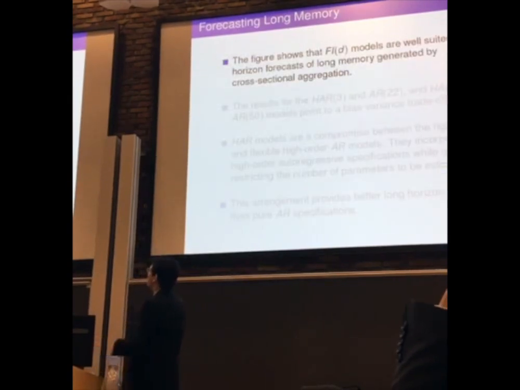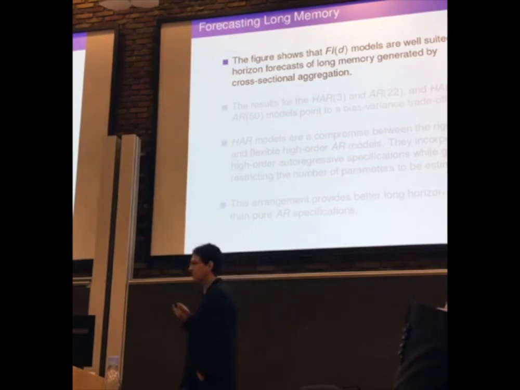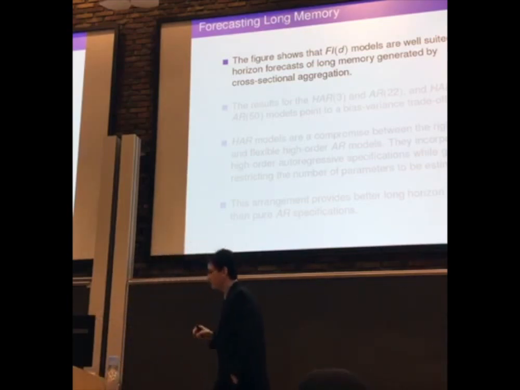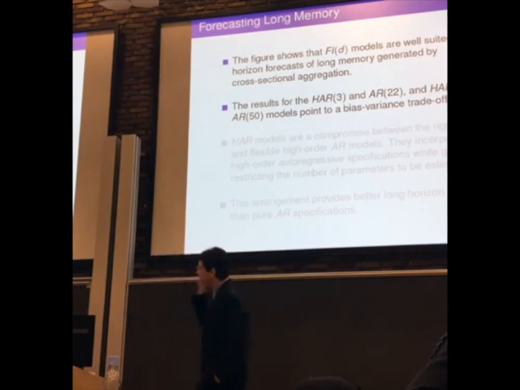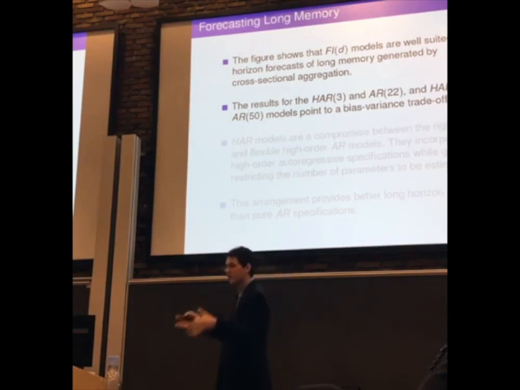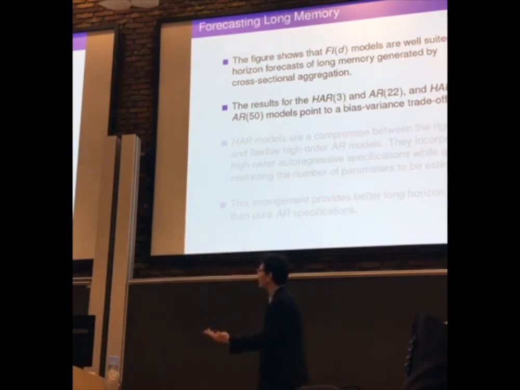So, that's kind of just summing up. The figure shows that this fractional differencing model seems to give us good forecasts, especially if the horizon is large enough. So we're going to do some long horizon forecast for this process that is not ARFIMA, yet using a fractional difference seems to give us good performance. And comparing between the HAR and the AR of order 22 seems to, as I talked about, point to a bias variance trade-off. These flexible AR processes may reduce the bias, since we are allowing the model to approximate it better, but we estimate more parameters. That, of course, augments the variance. So we are going into this bias variance trade-off.